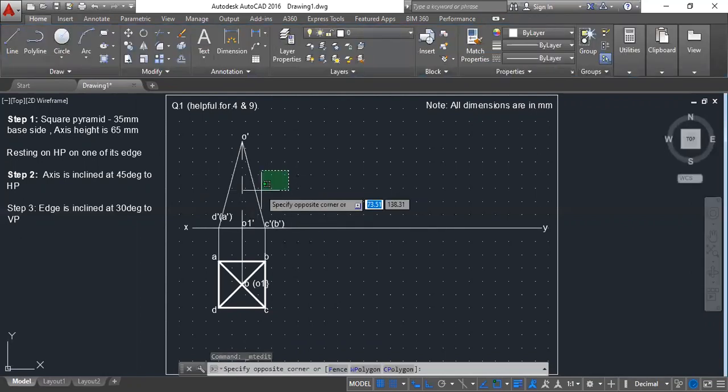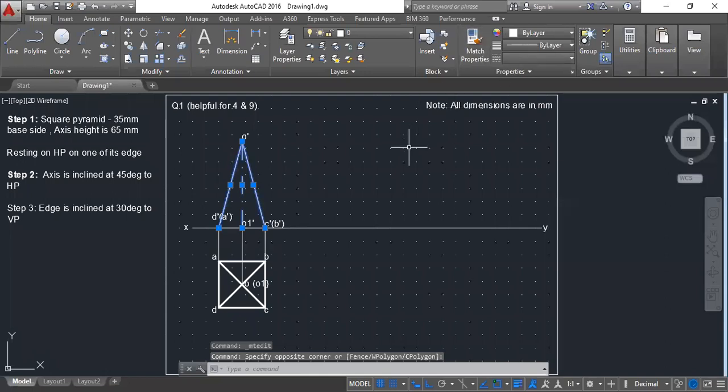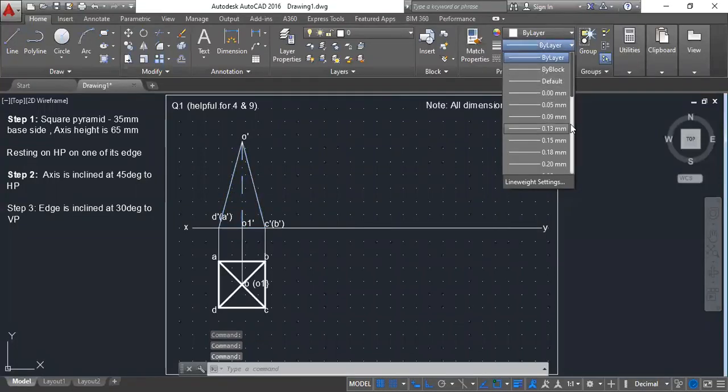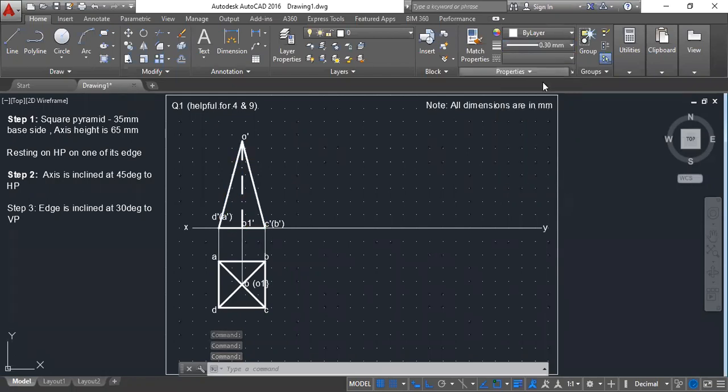After that we just have to darken these. We just have to make them dark just to show that these are our lines. Remember, axis doesn't have to be dark.